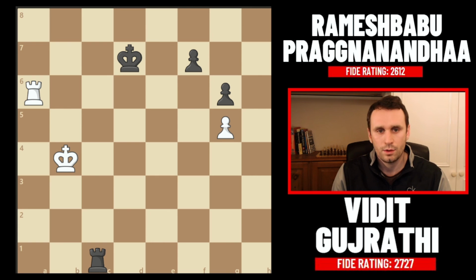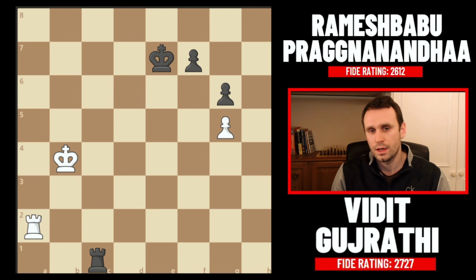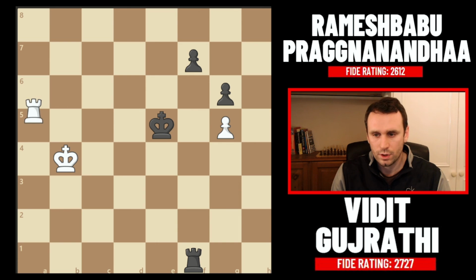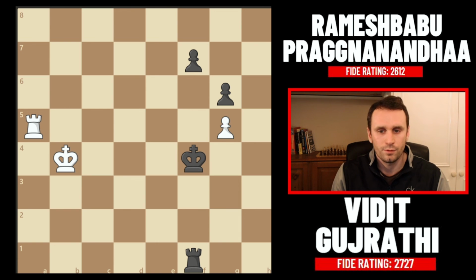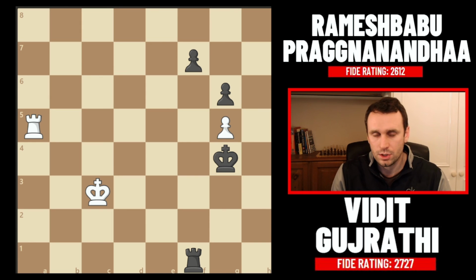Rook a6 now came, king to e7, and white has the same problem that he can't put the rook on any of these squares or you're running into a losing endgame. So that's why rook a2 was tried, king to e6, rook to a5, rook to f1, rook to a6 check, king e5, and now after rook a5 check, king f4, king c3, king g4, here Vidit chucked in the towel,